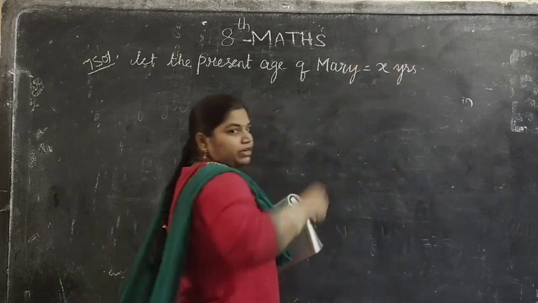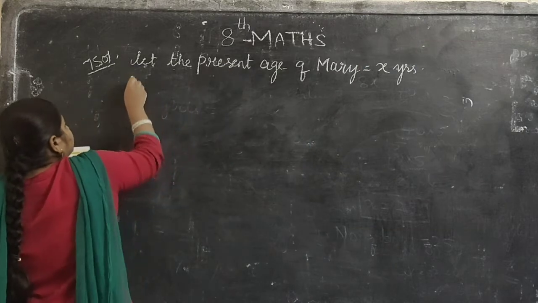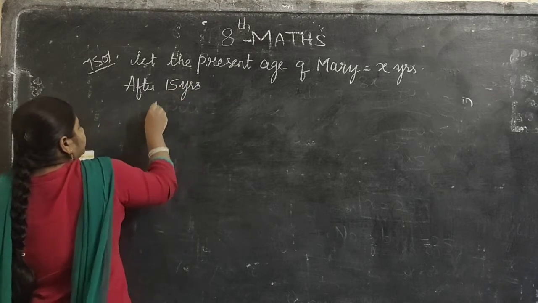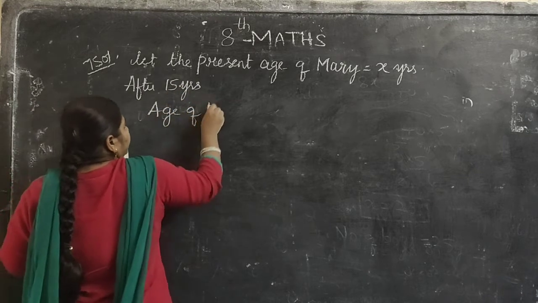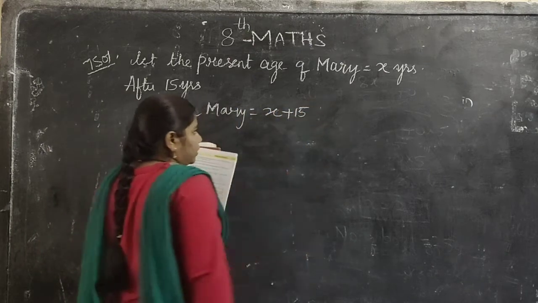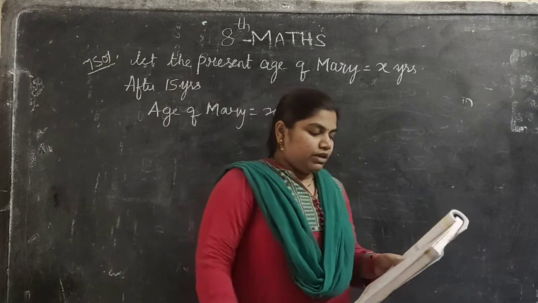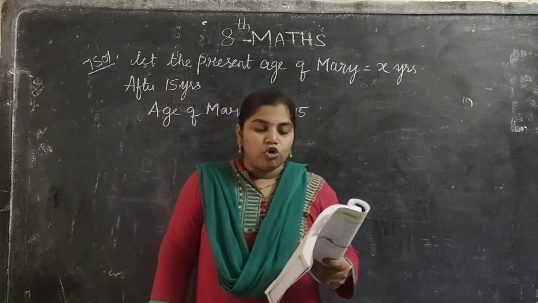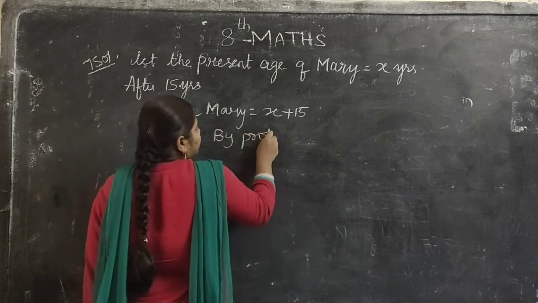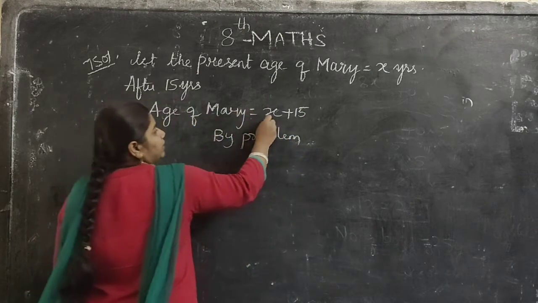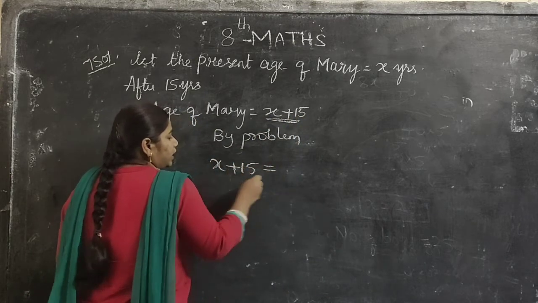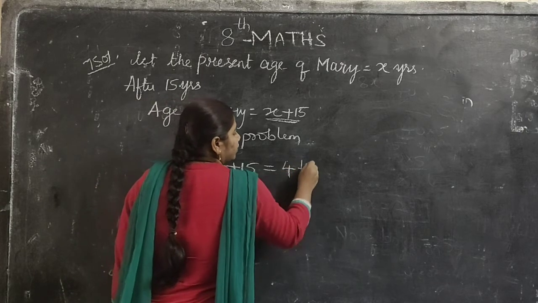So after 15 years means I will add 15 to that. So after 15 years, what will be the age? Age of Mary will be x plus 15. So what they told is, after 15 years Mary's age will be 4 times her present age. So by the problem we can write this sentence as: after 15 years, that is x plus 15, her age will be 4 times of